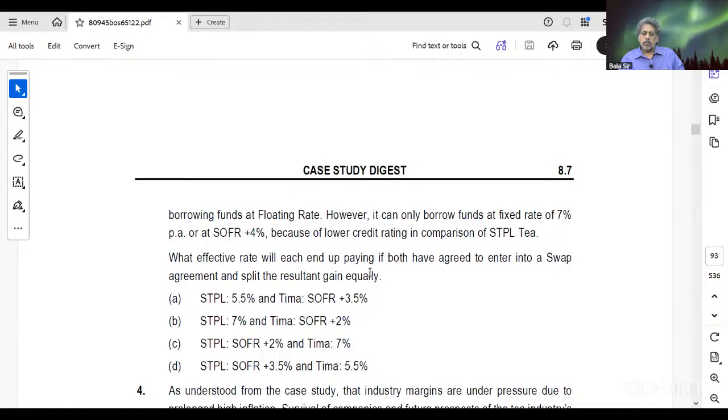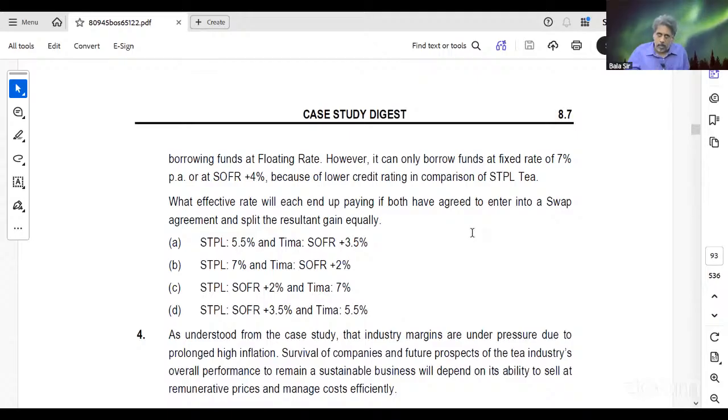They can borrow money at fixed rate at what rate? At 7%. Is that fine? Yes, sir. Or at floating rate is SOFR plus 4%. Because of lower credit rating compared to STPL. You guys, the person reading the question, Chirag, another intermediate student. The person reading the question over here, and you people, let us assume you guys